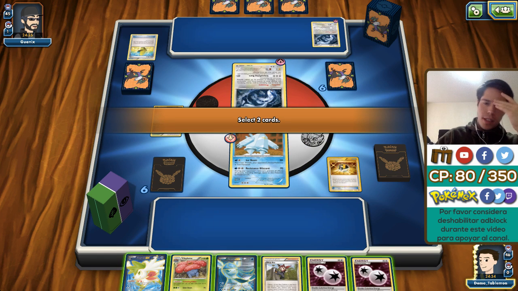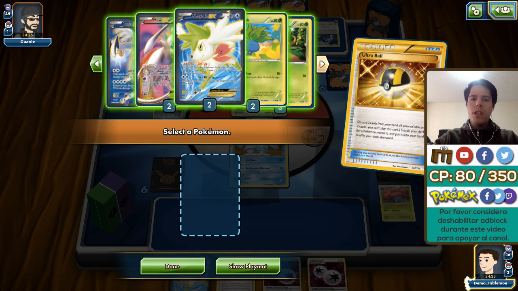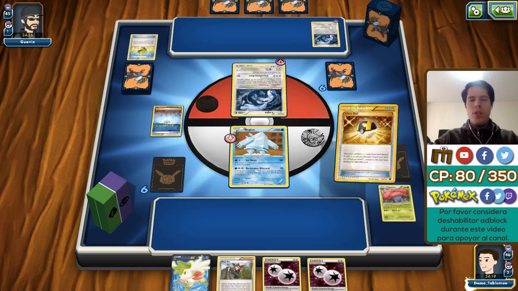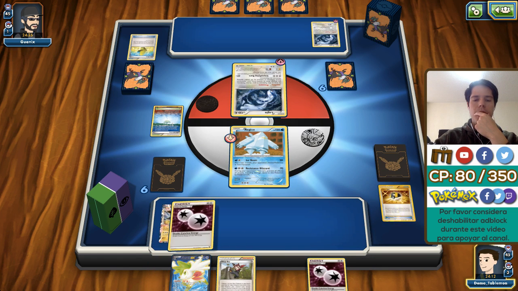Do I get rid of the TCE then? Or the Vileplume? Gonna get rid of Glaceon for sure. I might actually end up using Ninja Boy. Yeah, gonna get rid of the Vileplume. And then I am going to find Jolteon. Jolteon is the absolute key here to this game. There's a Jolteon, I will attach a TCE, and